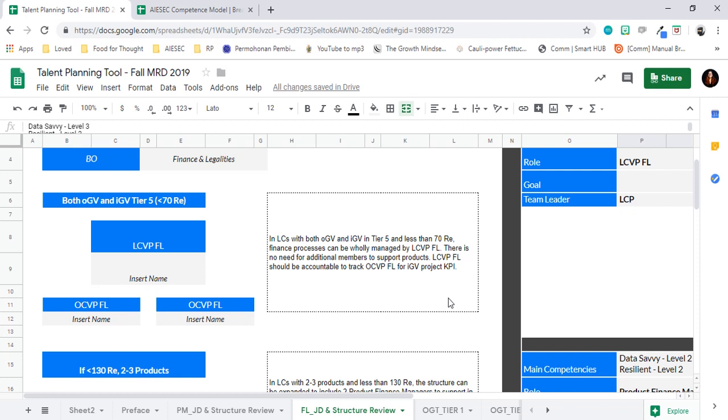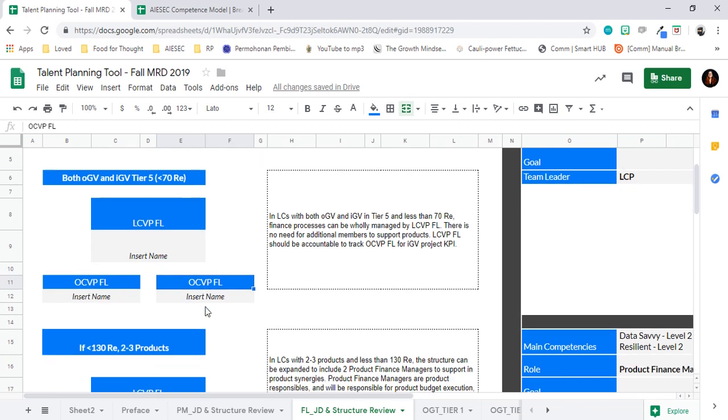But when you are nurturing your pipeline or planning for your succession, how you educate and how you track the OCVPFL becomes super important, right? At the end of the day, it is about having the skill. It's not that members in my own department will definitely become the VP of my department. We know that people shift around and we can apply for different roles as well. What's most important is that we equip them with the competencies and skills to manage project budgets and so on, and that will be a very good foundation for them to continue to apply for FL in the future as well. So this is super important.